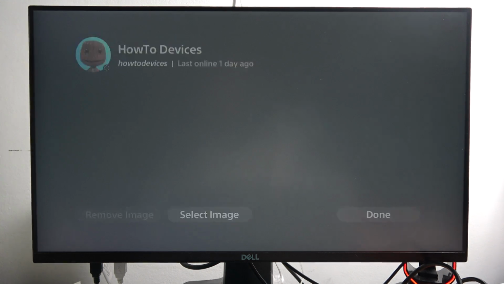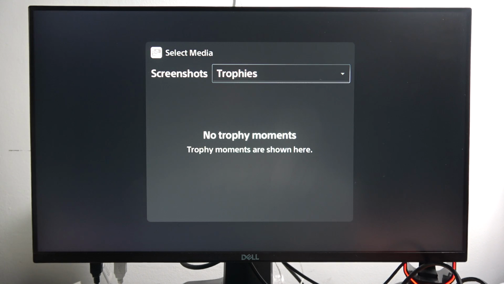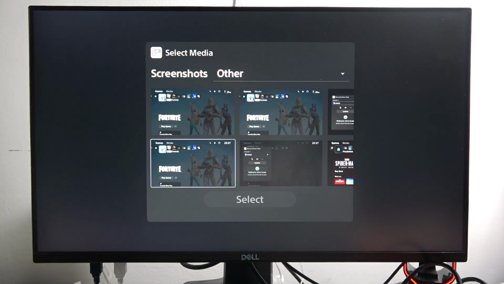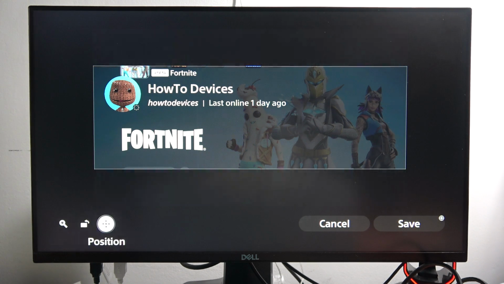And now you can select something from your gallery, from your screenshots. You can select your trophies if you have one and other stuff. Let's say that I want to get the screenshot from Fortnite. Yeah, maybe this one. So click on it, now tap select, and here you can actually navigate, so change the